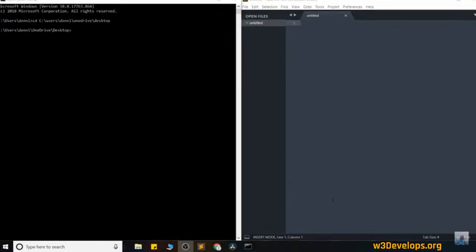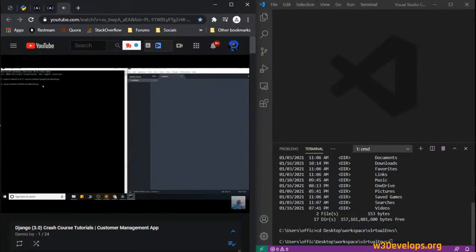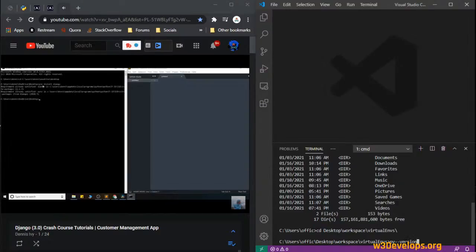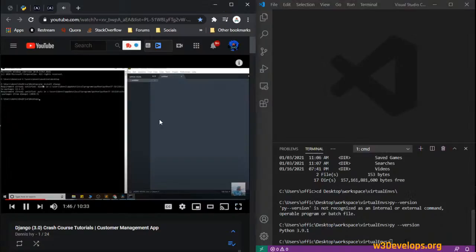The first thing we'll need is to install Python because we are downloading Django using the pip command. So I'm in the directory where I want to host my project, and I'll just go ahead and do pip install Django. And I already have it, so it's going to tell me that I have all the proper packages, but go ahead and let the install run. And once that's complete, to make